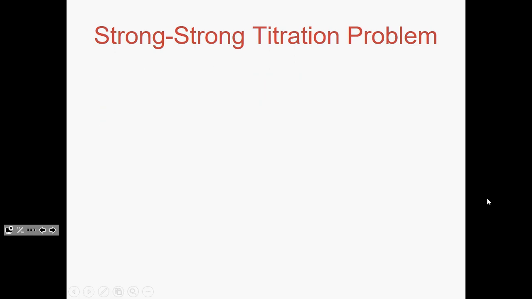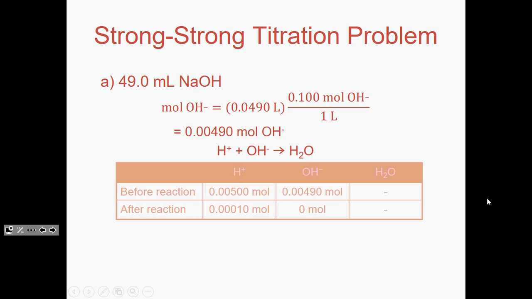Now we need to do the same thing for our OH minus at the region we're at. So we added 49.0 milliliters. So the volume in liters times the molarity of the NaOH would tell us how many moles of OH minus we've got. So notice at the beginning we had 0.00500 moles of H plus, and we just added 0.00490 moles of OH minus. We're clearly before the equivalence point because the OH minus is less than the H plus, but we're close because they're close to equal. Now remember, this is a 1-to-1 neutralization, so the exact amount of OH minus we have